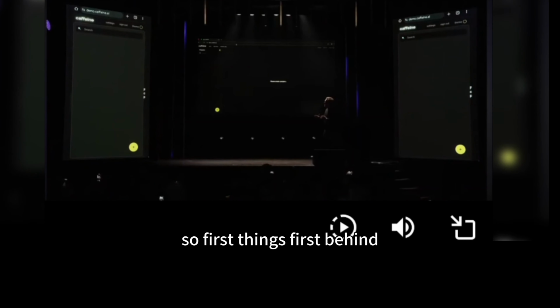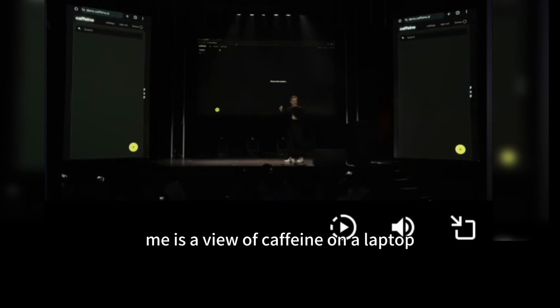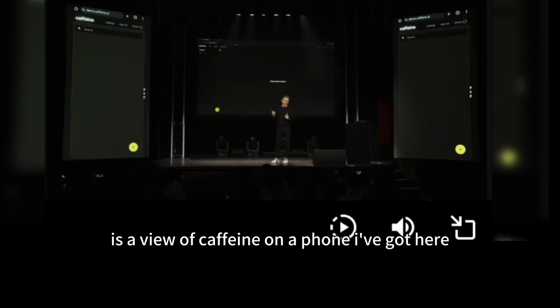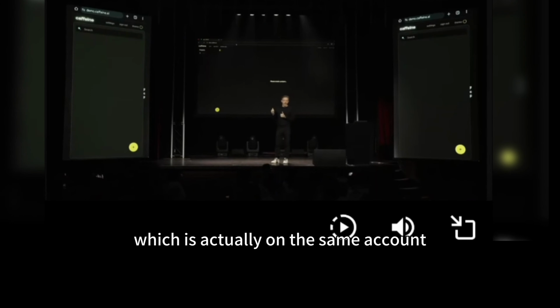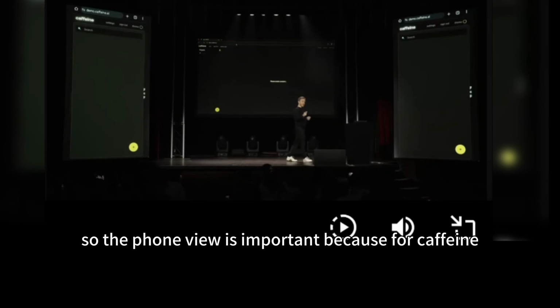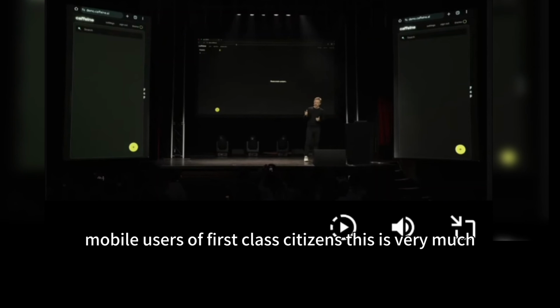So first things first. Behind me is a view of Caffeine on a laptop. And to the sides of me is a view of Caffeine on a phone I've got here, which is actually on the same account. So the phone view is important because for Caffeine, mobile users are first-class citizens.